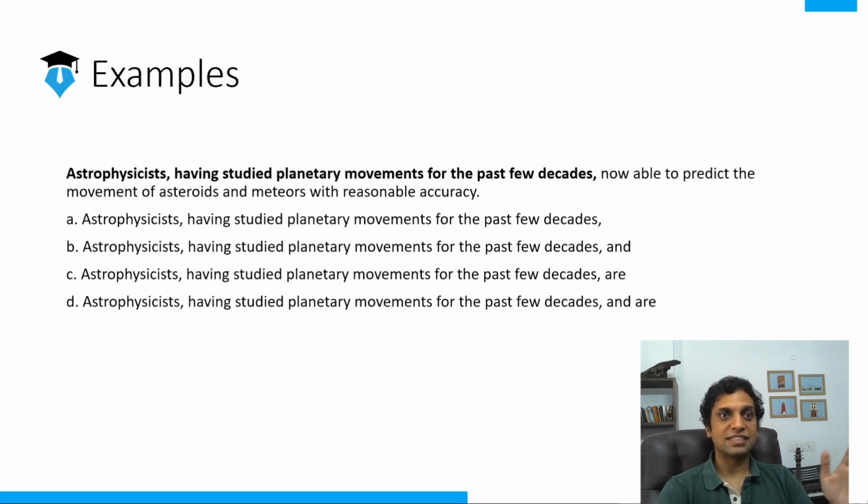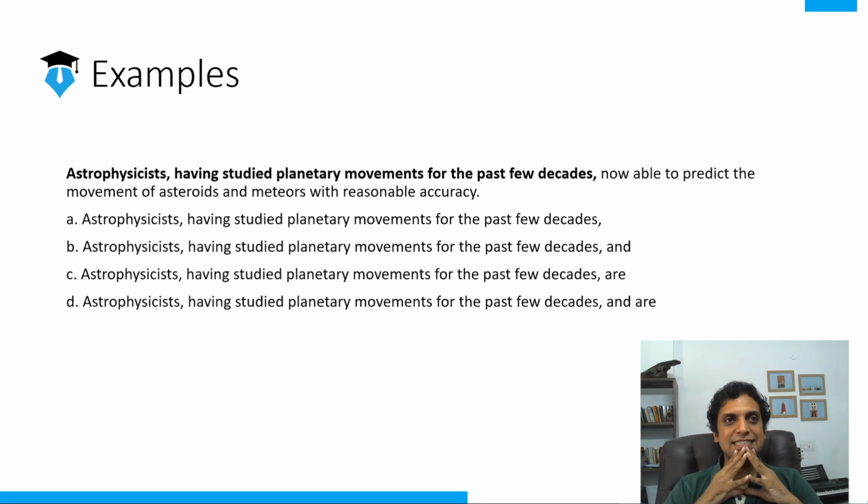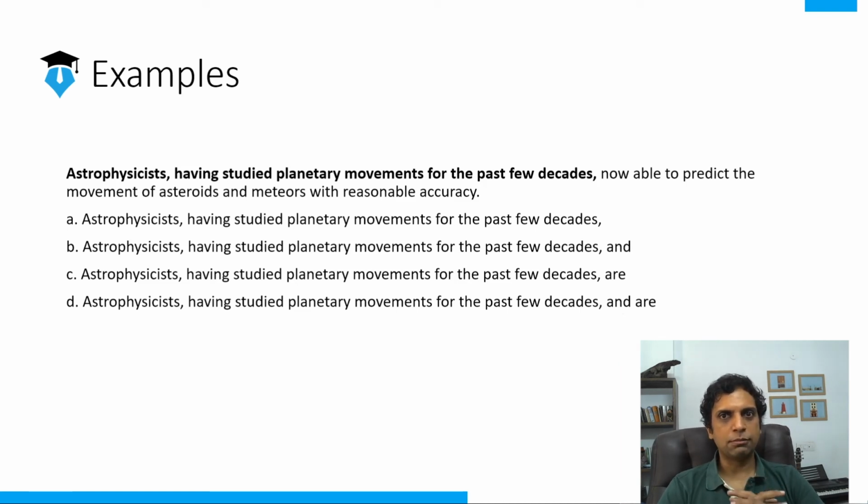And it's gone blank, so let's stay here. This is basically the crux of modifiers. You should practice at least 50-60 examples. You'll get much faster. This is one of the most important lessons in English grammar, in your verbal ability, for any test prep you're doing, whether it's CLAT, whether it's BBS, whether it's GMAT, whether it's CAT. This is very important because this is how they complicate your life, by adding more and more elements to sentences. And if you're strong at modifiers, you can just keep removing those elements and get to the crux of it.